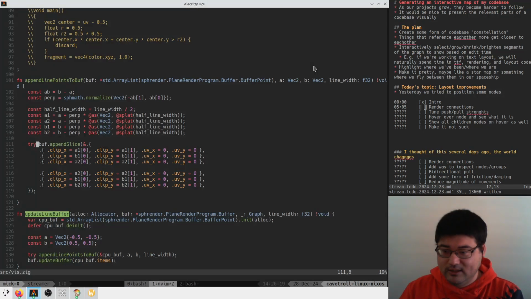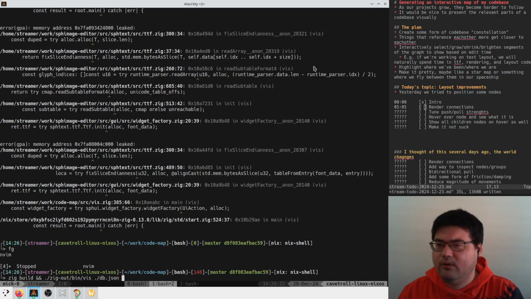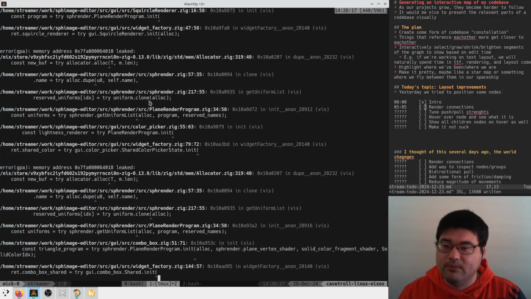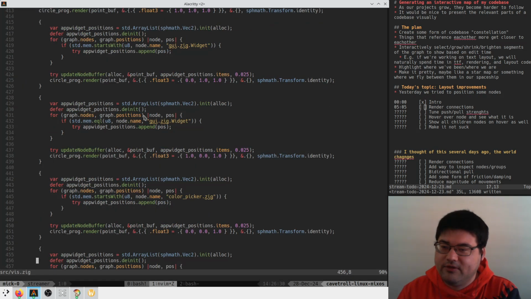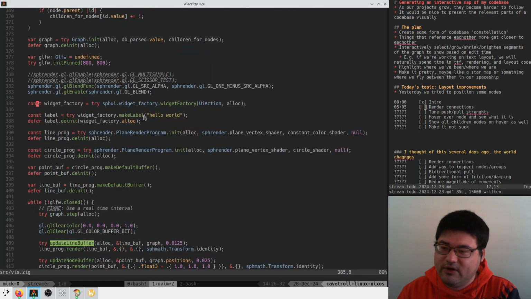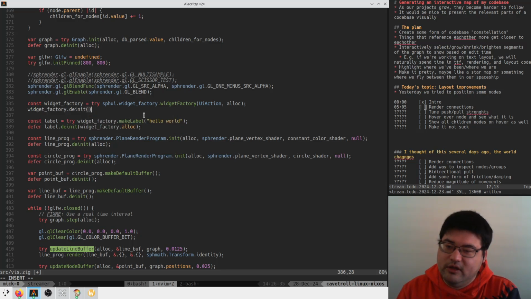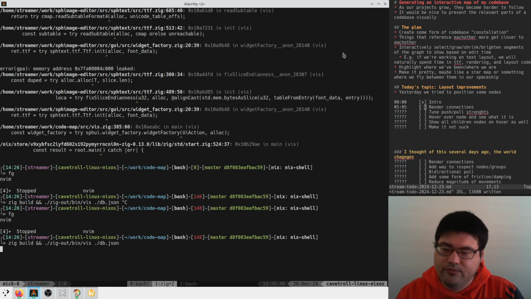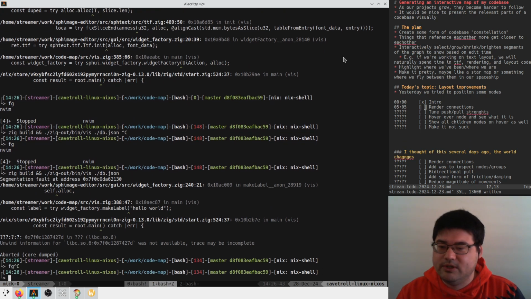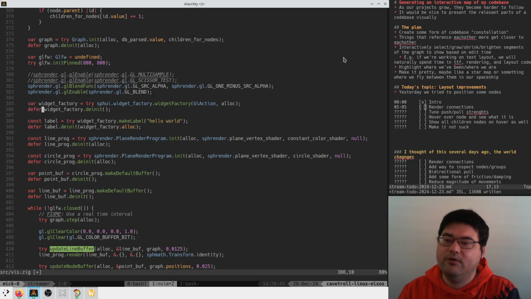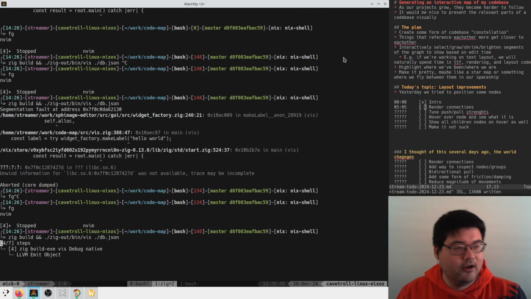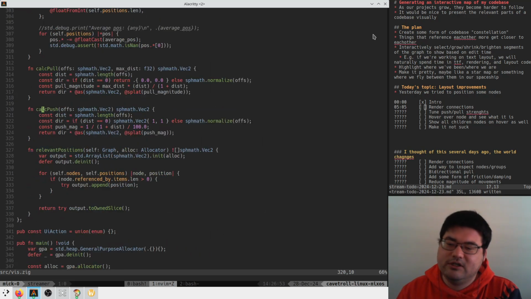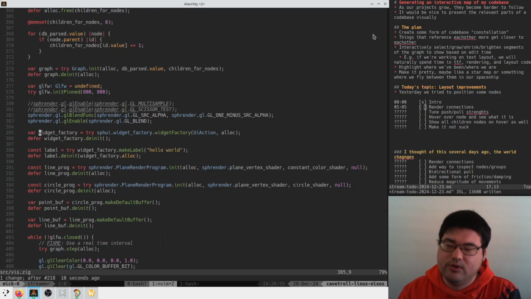And now that means... I should be maybe a little bit concerned about this leak spam. We're gonna be in trouble. Oh, but that's okay. I think that's just because when we were testing this widget stuff, I just forgot to write this. I think that's all. What is it upset about now? Oh, I forgot to write defer. I hate it when I deinit stuff now instead of later. Little mistakes. And then no more leak spam? Hell yeah. I didn't actually have to worry that much about that, but it's nice to have the